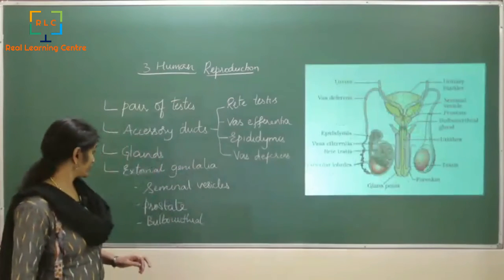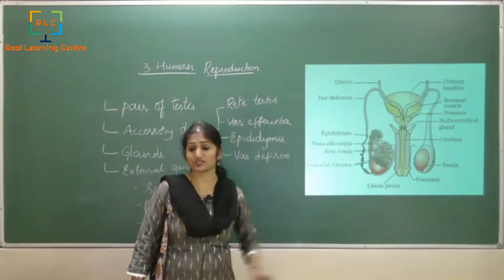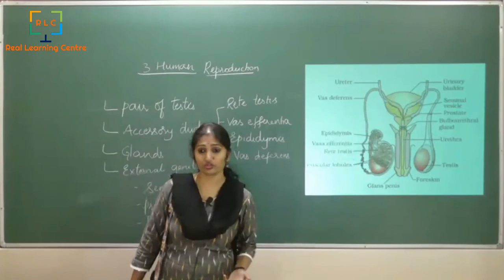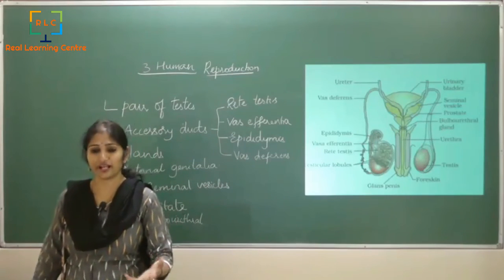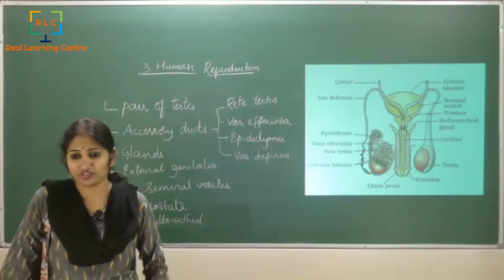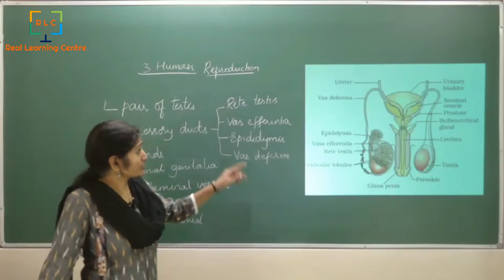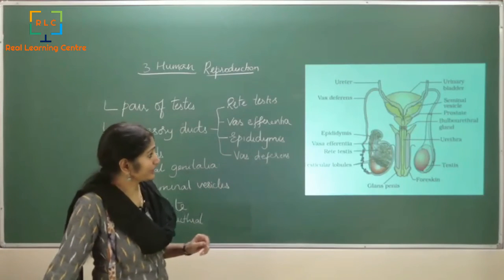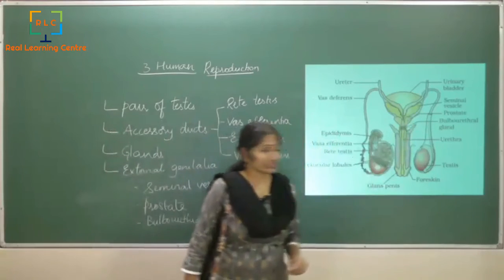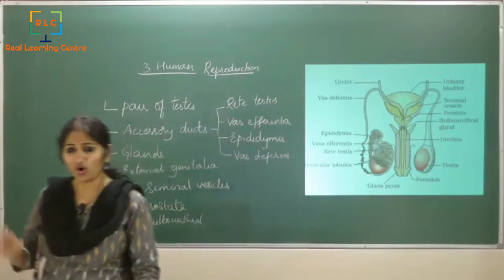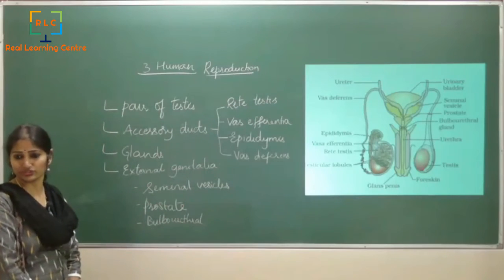So you can see the seminal vesicles, which are very important because they are the germ cell region, and they obviously have to have certain androgens that are produced, which are in this region, the seminal vesicles. Then we have one region which is called the prostate gland, and then you have the bulbourethral gland in this region. Okay, now all these three glands secrete certain fluids.